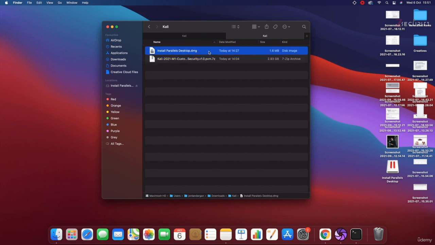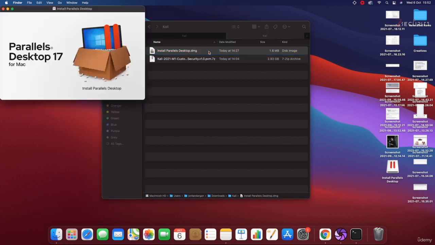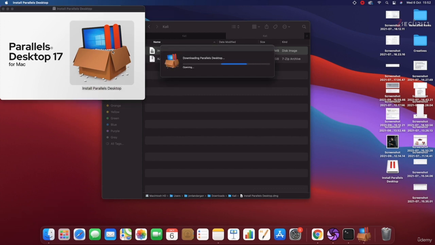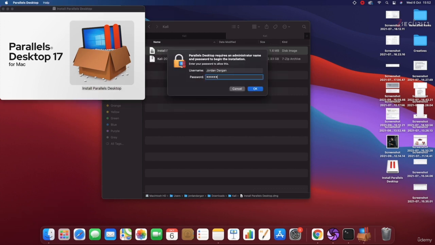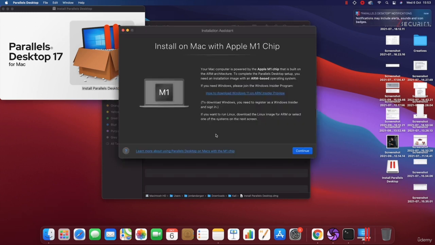But I already have it downloaded in here, so to install it, I'm just gonna double click it. The installation is very, very simple. We're going to double click the installer in here and wait for a second for it to load. I'm going to put my password. Now, I've already installed the software before recording this video. Therefore, I didn't get any prompts. But if you're installing it for the first time, you're going to get a number of notifications and prompts asking you to give permissions to this program. So make sure you accept them all and allow it to access your disk and so on. Very, very simple. You just have to accept everything similar to installing any software,